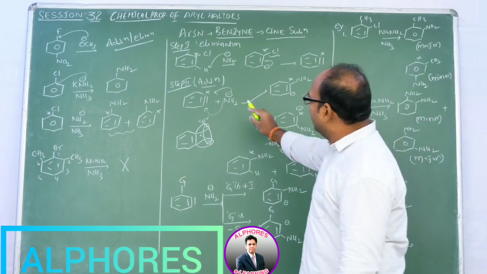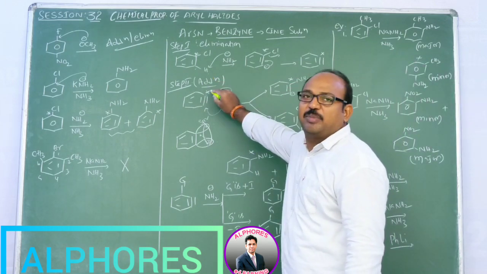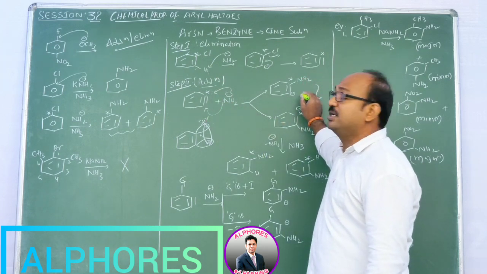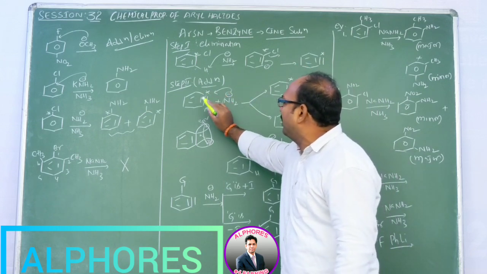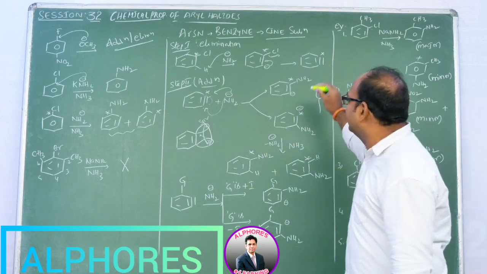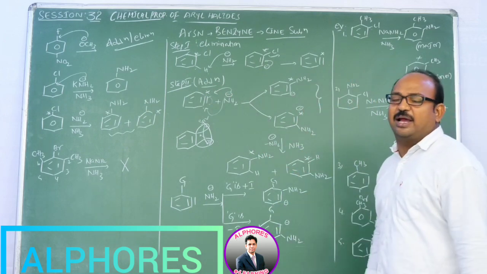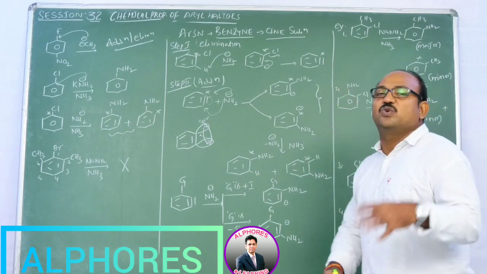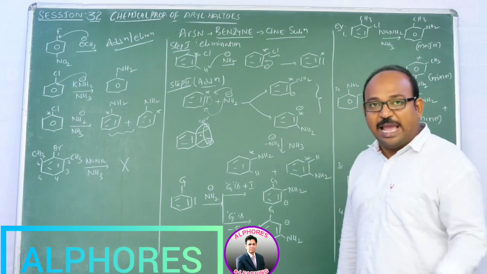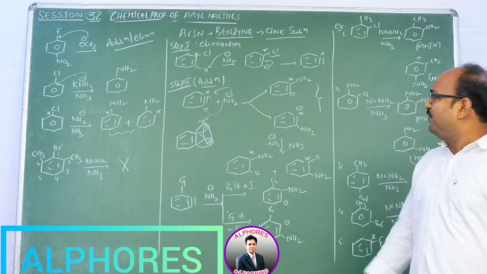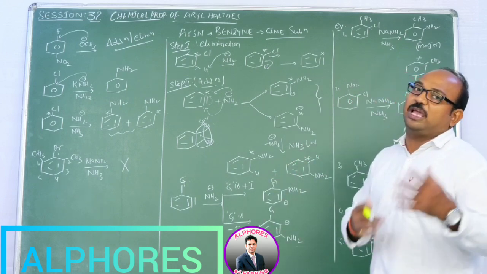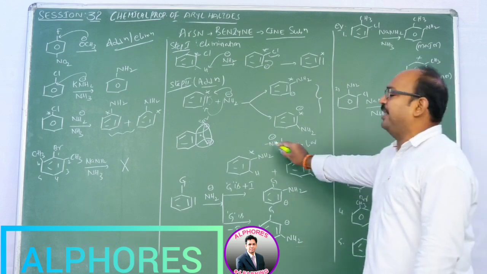That means if NH2 minus has to come and attack this carbon, then obviously these electrons will be shifted. This carbon is going to be a negative charge. If this NH2 minus attacks this carbon, these electrons will be shifted like this. Now the negative charge appears at the C14 carbon. Whatever the carbanion, ultimately, it is going to abstract a proton from the solvent. Which solvent are we using? Liquid ammonia solvent. From this it is going to abstract a proton and leaves NH2 minus.